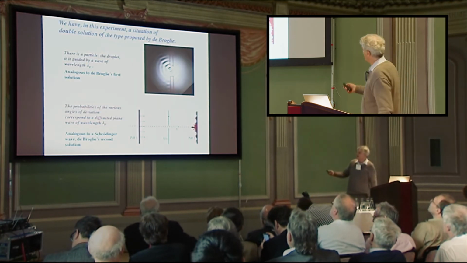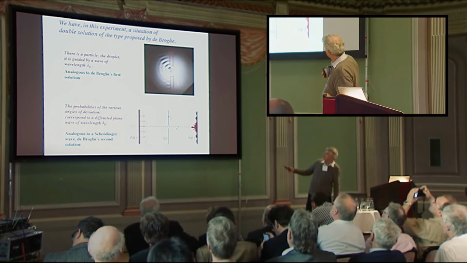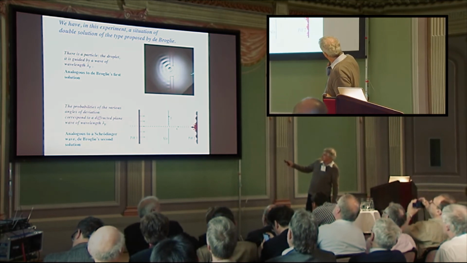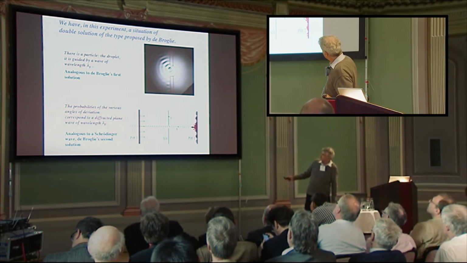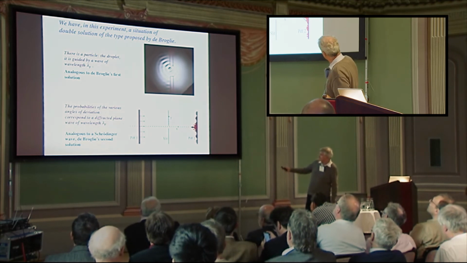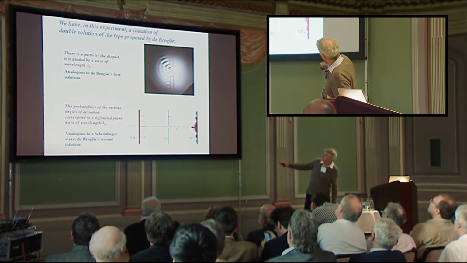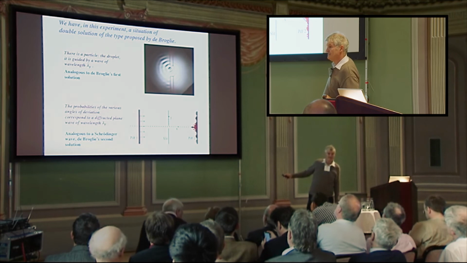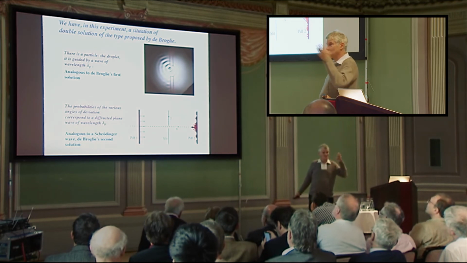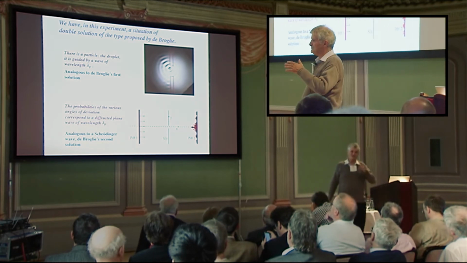Yes, so in fact, in our situation, we do see two waves. We see the wave that is guiding the particle through the slit. And then if you look at the result of the diffraction through a slit, you see a probability on the screen. If you were in quantum mechanics, you would not be able to see any of this, but you would see this probability. So in fact, if you want to imagine quantum mechanics in this experiment, you have to